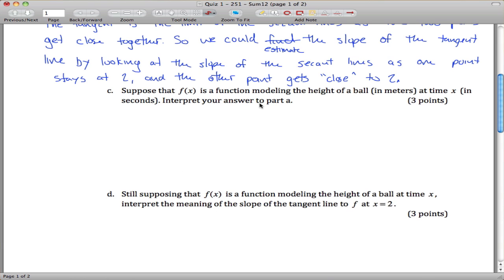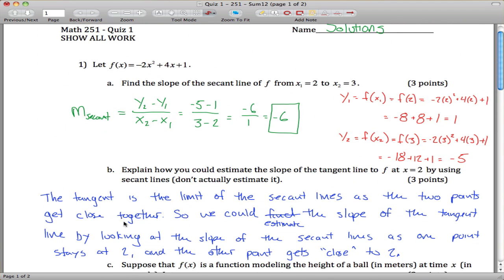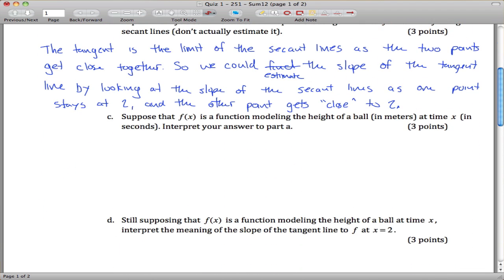Okay, suppose this function is modeling the height of a ball at a time. Interpret your answer to part A. All right, part A was the slope of a secant line. You may remember that the slope of a secant line is average speed. So because the slope of the secant line represents average speed,